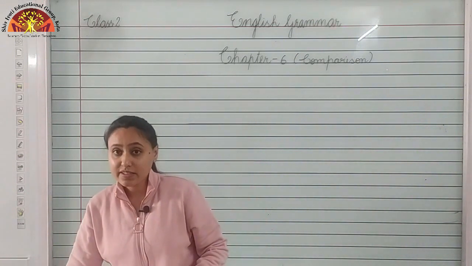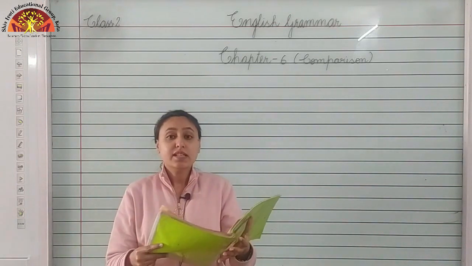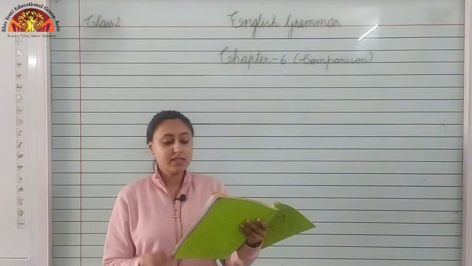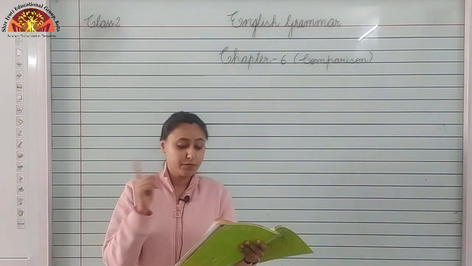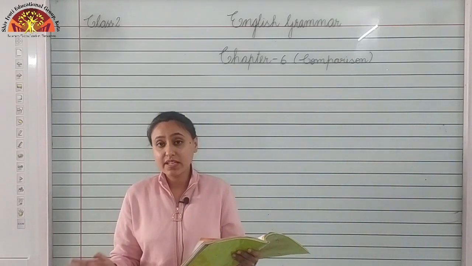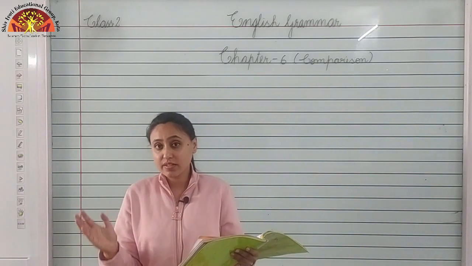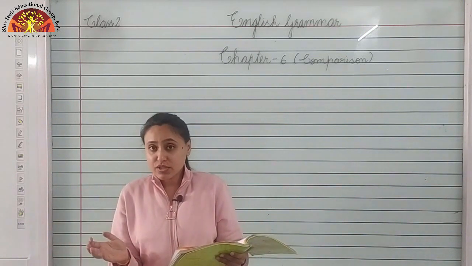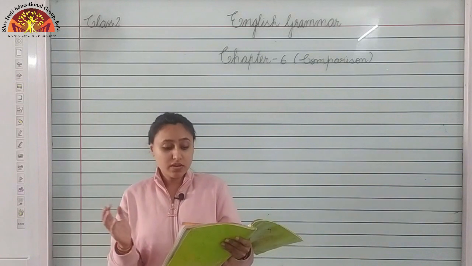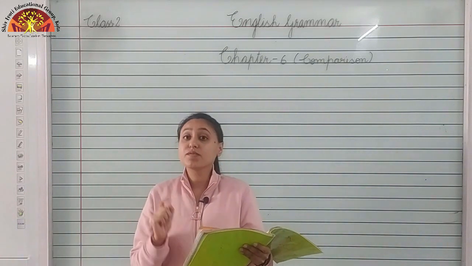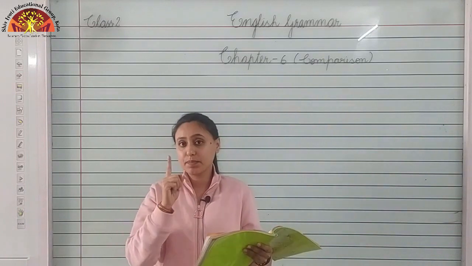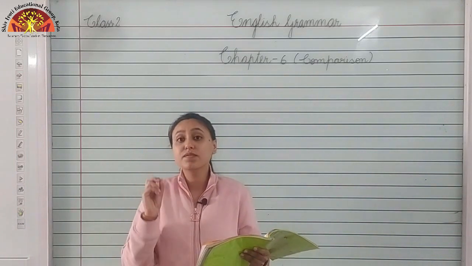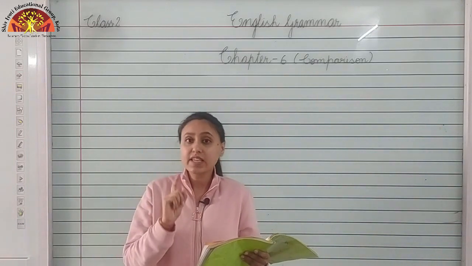Okay. Now look at the definition. Definition is some adjectives help us compare two things and say how they differ from each other. We have seen how they differ from each other: smaller, shorter, bigger, longer. Okay. These adjectives generally end with ER. So children, you have to keep in mind that these adjectives generally end with ER.